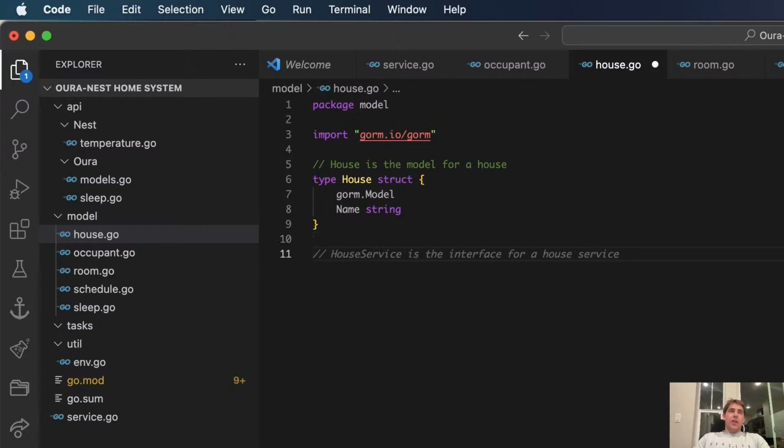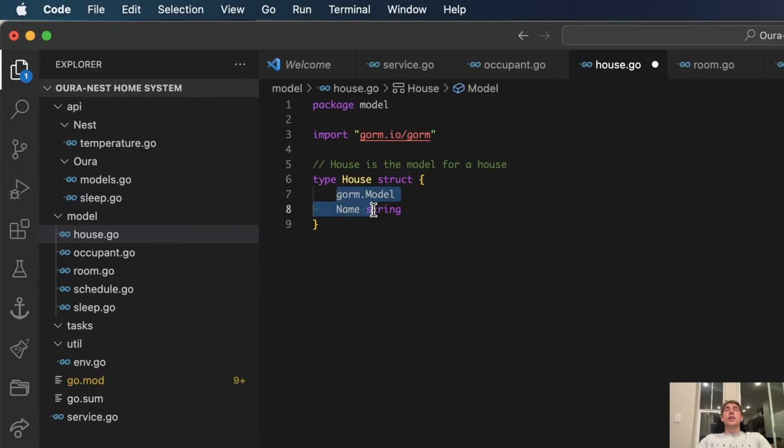And whenever I go to private keys, I'm going to switch screens so you can't see my private keys. I think that's probably a good idea. Don't want you updating my thermostat. So for a house, we're going to need a name. I don't really think we need an address at this point. I'm probably going to need some creds for the Nest. But for now, this is fine.